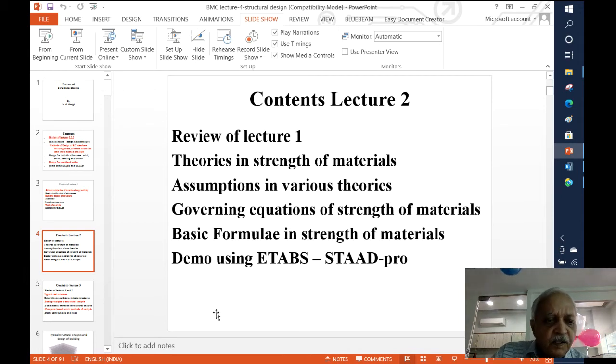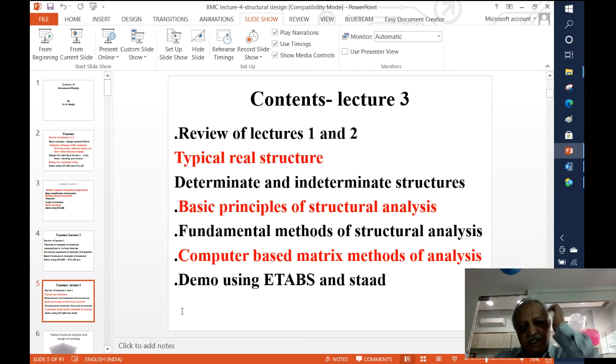Okay. Considering that, now we see that in last lecture we have seen the basic classification of structures in terms of determinate and indeterminate structure. We have seen that basically most of the structures which we come across are indeterminate structures. Then we have the basic principles of structural analysis, wherein we consider that given a structure, we visualize that under the influence of applied loads, it's going to deform, and after deformation, it's going to develop internal forces.